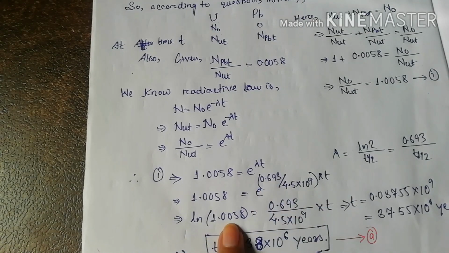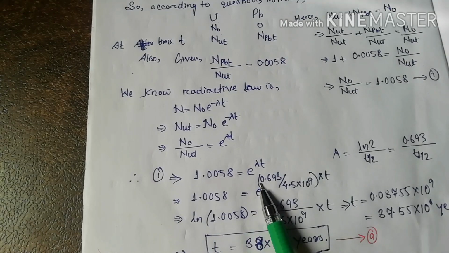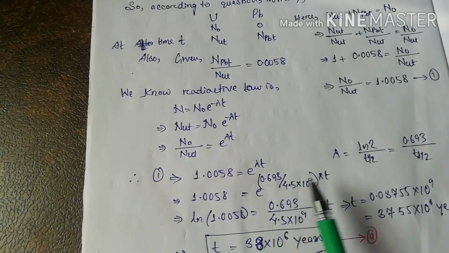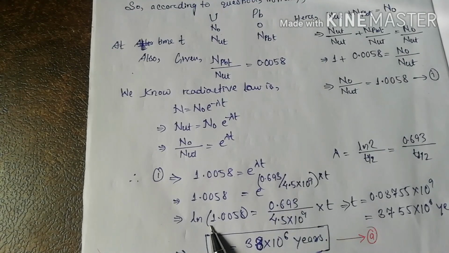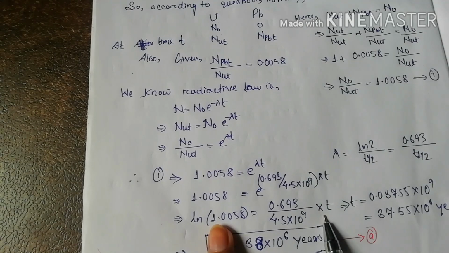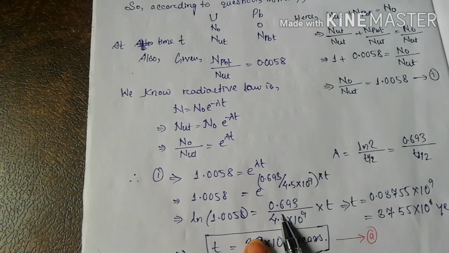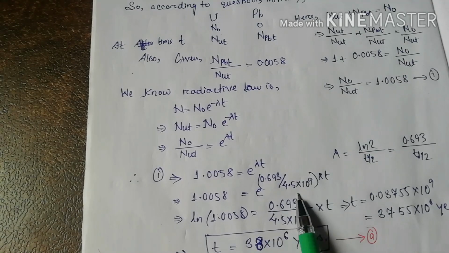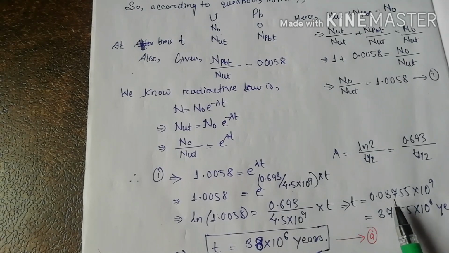Now, how does the log come? Taking the log, removing the exponential, will give us log on the left hand side, and on the right hand side we will have the exponential terms as they are, which is 0.693 by 4.5 into 10 to the power 9, multiplied with the time t. So when you calculate this, taking the log of this particular term and multiplying the 4.5 to the right hand side and again dividing with 0.693, it will give you